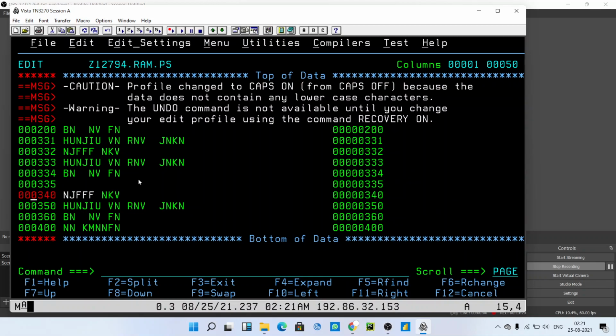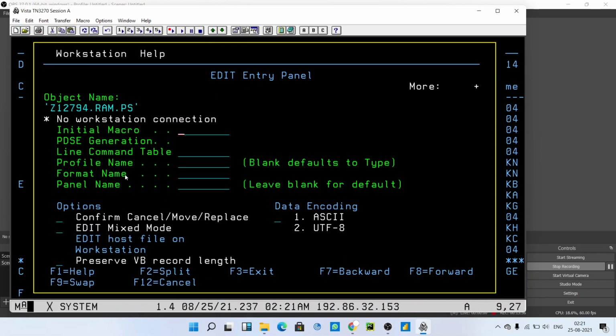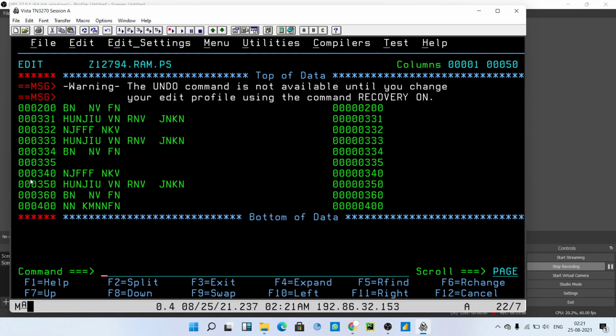Wait, something went wrong. So if I moved these two lines, and I typed A after this line and enter, then these two lines will be pasted here. It will be moved.